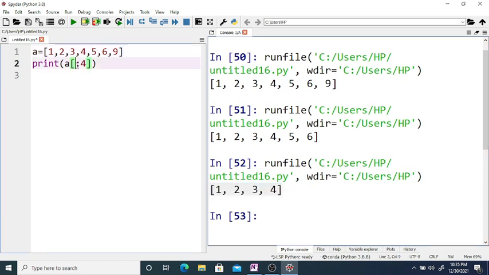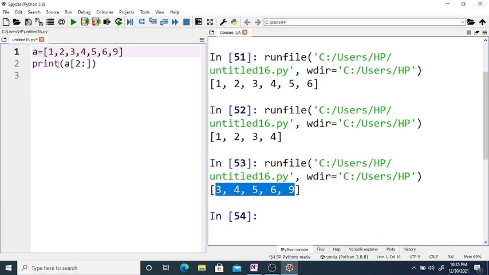Again, if you use 2 colon, the position 2 is where? Indices are 0 1 and 2, so from 3 it is 3 4 5 6 and 9. You will get the new list, from index 2 to the last element.